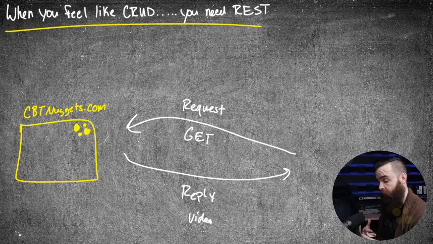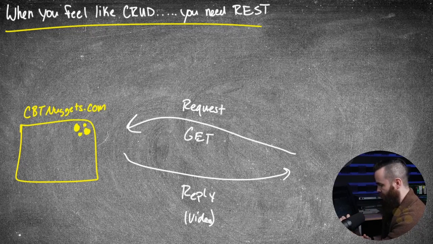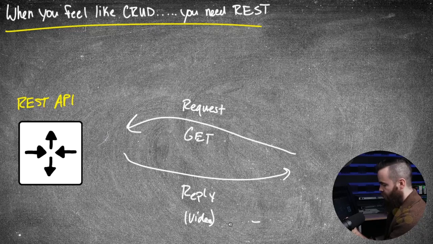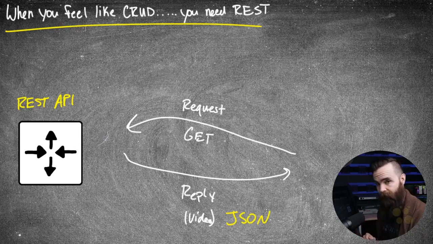Now, the main difference between interacting with a website and interacting with an API is that the website might reply with media, or it might reply with HTML. But when we're talking about an API, let me get the nugs out of here. When we request something from the API, it's most likely going to be responding in JSON or even XML. That's the data type, and we'll cover data types here very soon.